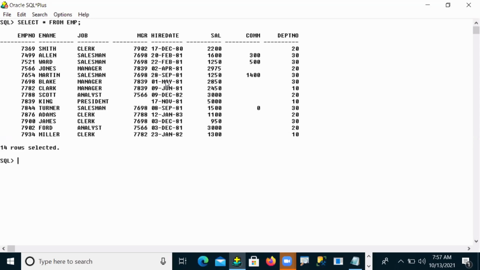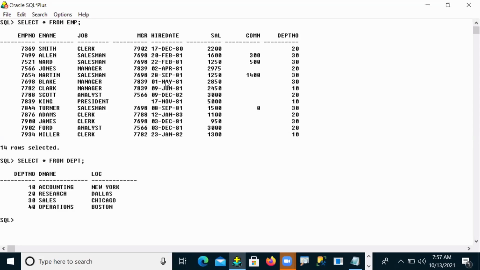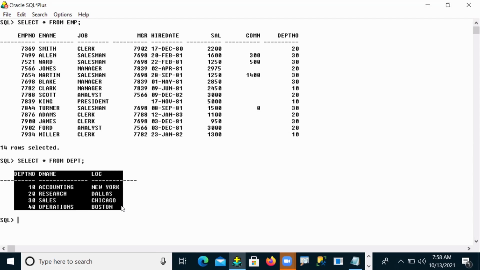Employee, but not a department. So that means department details is nothing. So I have to go to another table, that is called a department. So I have the department details here. In this department table we have a department number, name, and location. Carefully observe. So you have two table operations. One table is a department table.